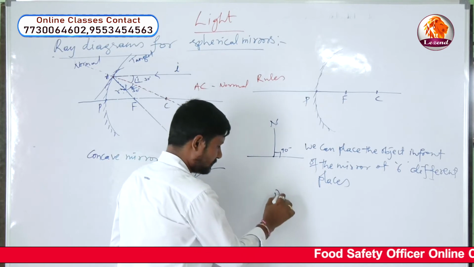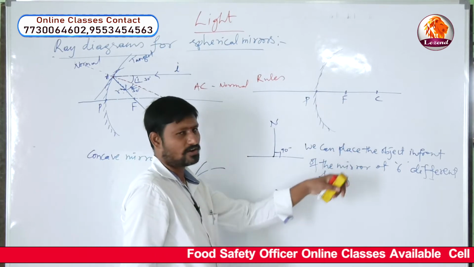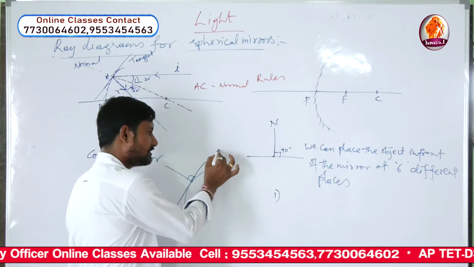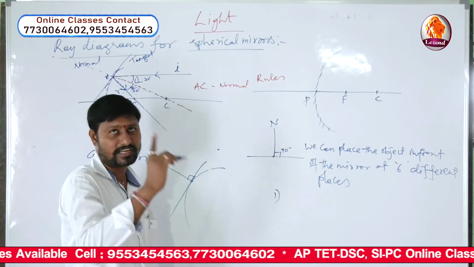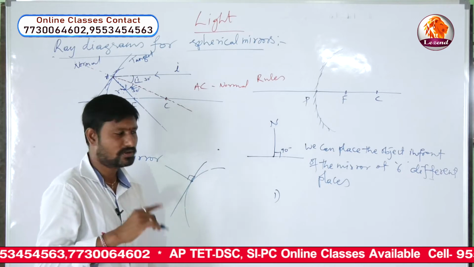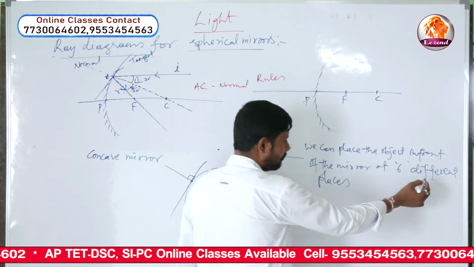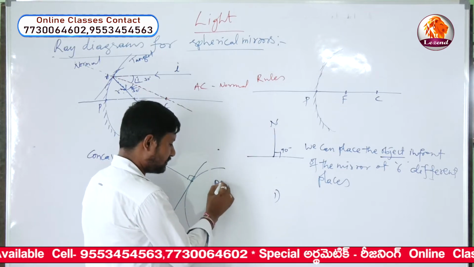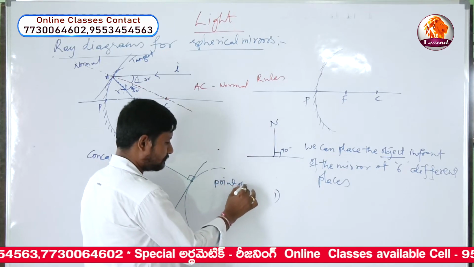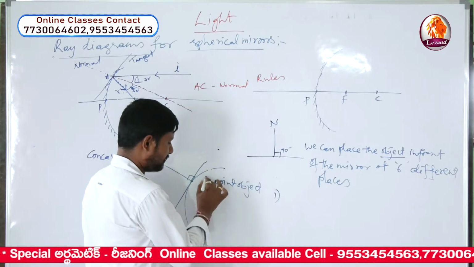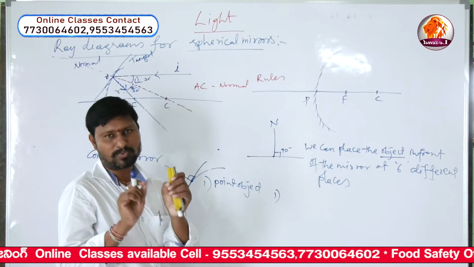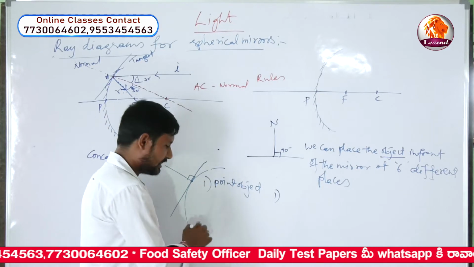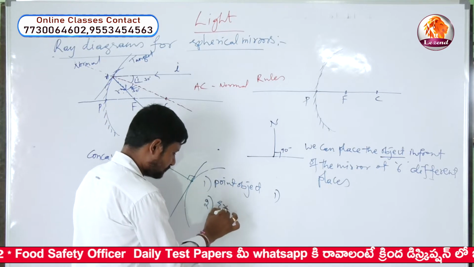Here is number 1. And generally, just as the sources are of two types, point source and extended sources like tube light, bulb, as I told you, similarly here the objects also we have two types. Number 1, point object, point sized, which is equal to the tip of the pinhead. Such an object size is called point sized objects. And number 2, extended objects.